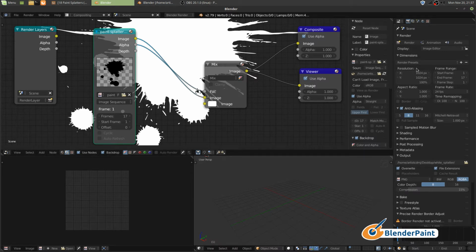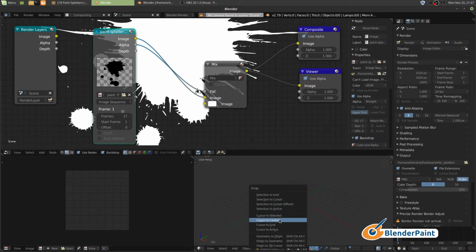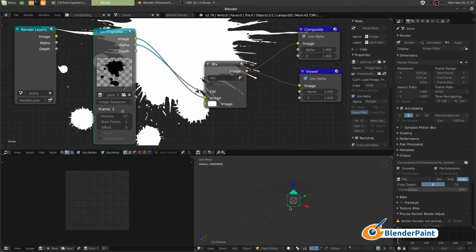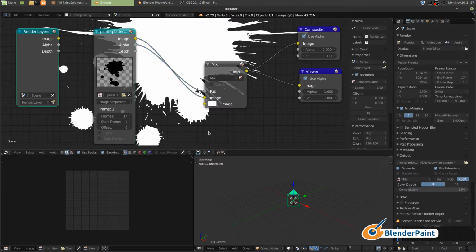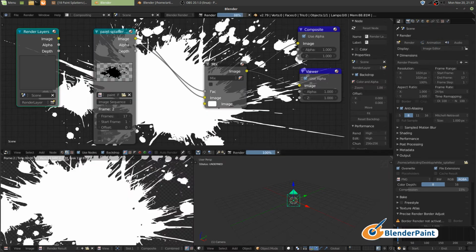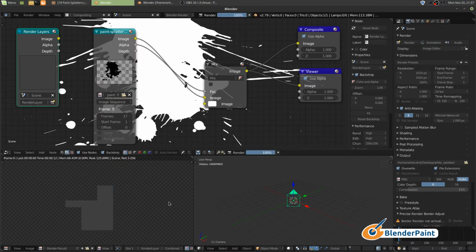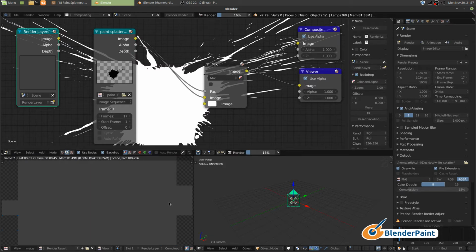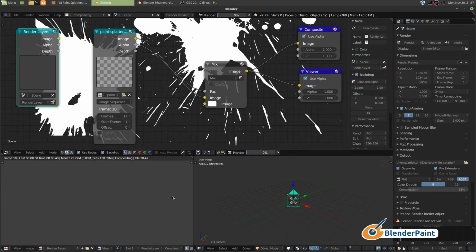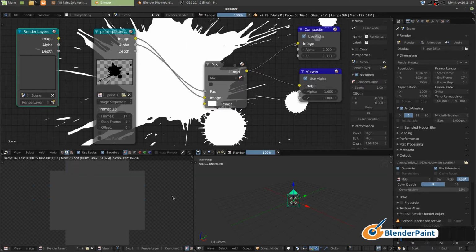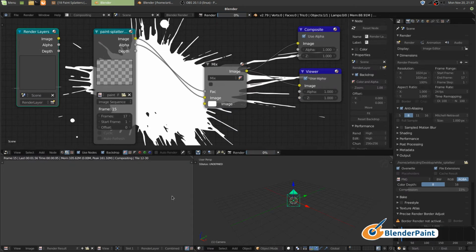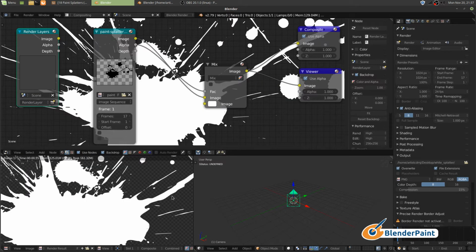And so what we'll want to do now is just press animation, and it doesn't work. Why? It says no camera. So Shift S, cursor to center, Shift A, add a camera. We're not going to do anything with it, but we need something for the render layer to work with. So now we'll hit animation, and it'll render that camera, and then it'll render our image, and it's numbering them as it goes to the end. Now it's finished,